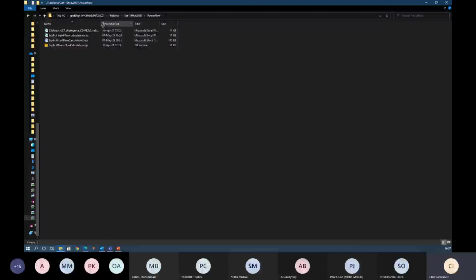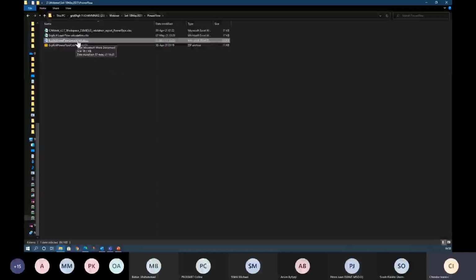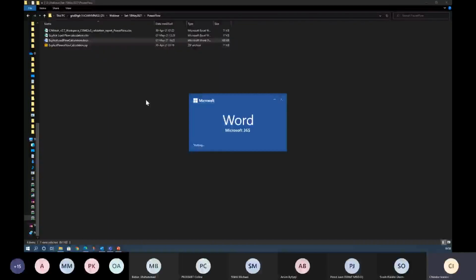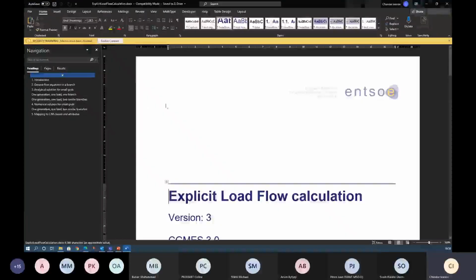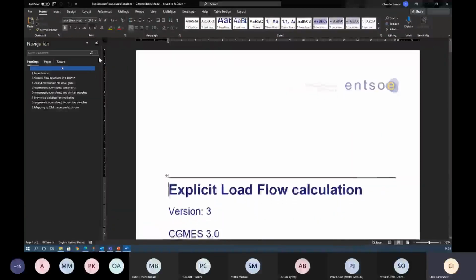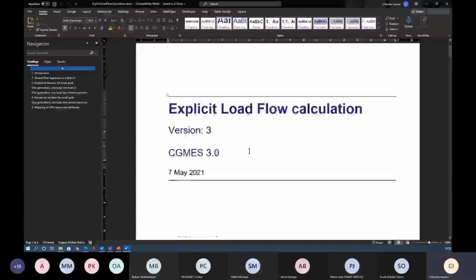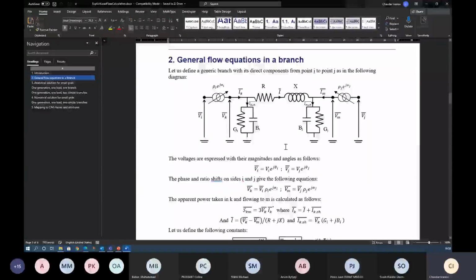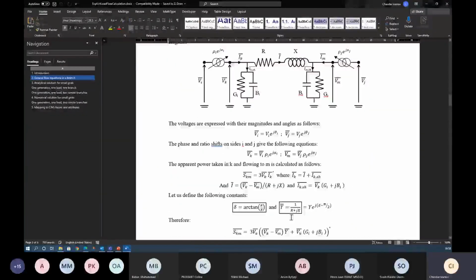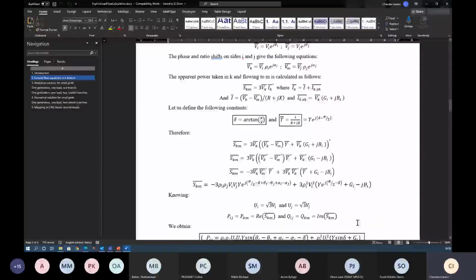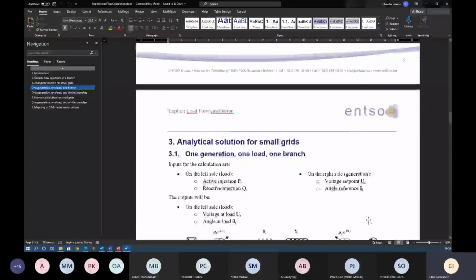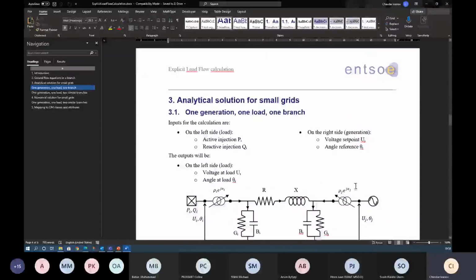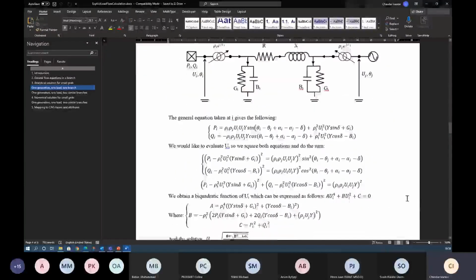This power flow case is a very small model, and for that one we actually have a bit more documentation. That was done at the time. There were a lot of discussions on how the tools are calculating, and in this document you see what the model is, and there are all the equations and data used to solve the load flow for 2 different configurations here, with a line or without a line.